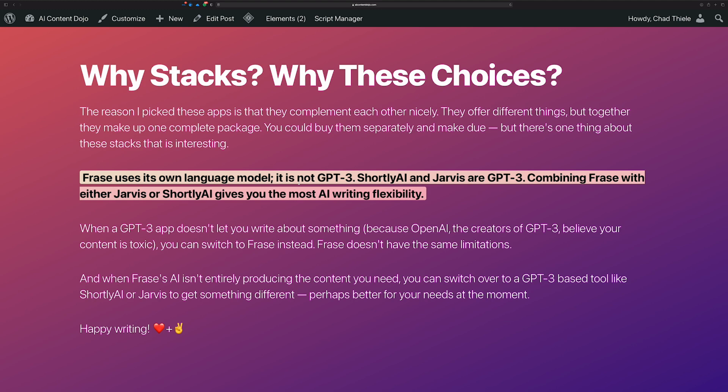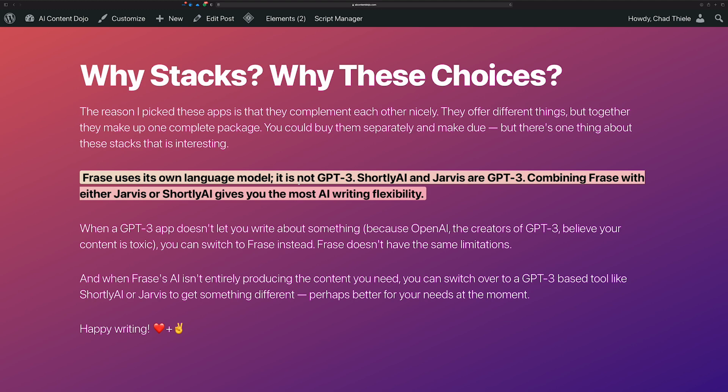There are things where the filter will consider it toxic, but as the writer, you're sitting there thinking, wait a second, this is not toxic. It's not like you're cussing or writing about adult material, or something that really could be considered toxic in some sense. But for whatever reason, it's being flagged, and it really stops you in your tracks. It literally makes that GPT-3 writing app do nothing for you because it can't produce the results.